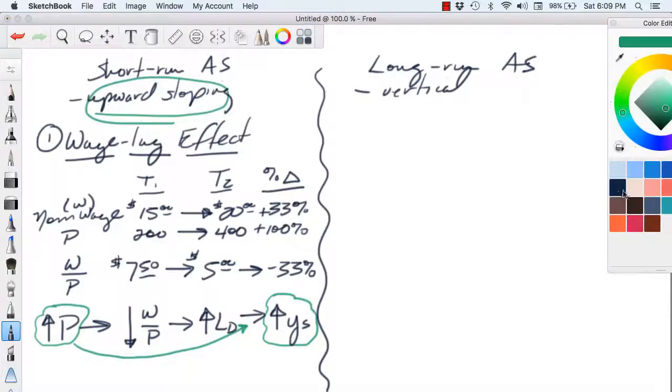Now, as long as we're on the wage lag effect, let's go over here and look at the long run aggregate supply curve. This is an easy comparison to make. In the long run, we assume no wage